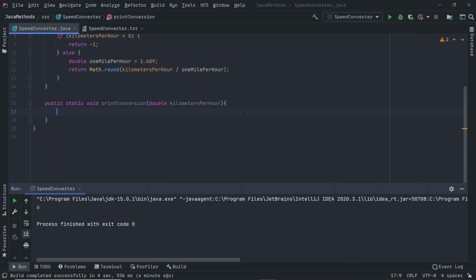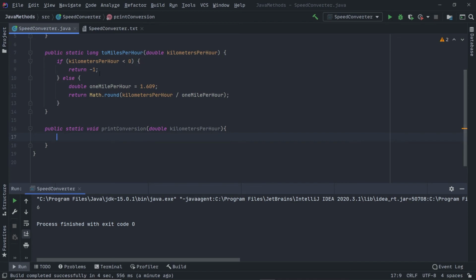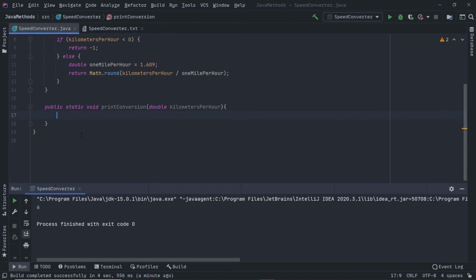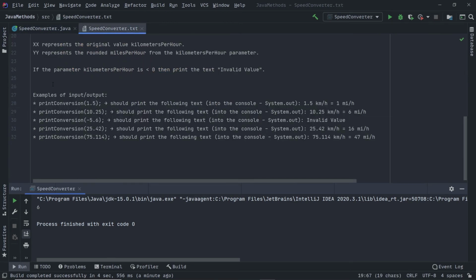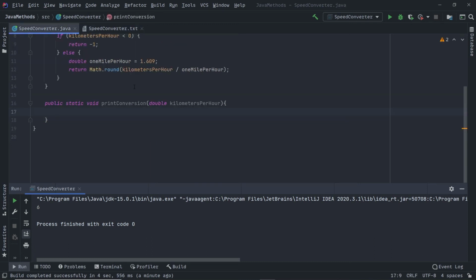So go here, after this one, in printConversion. So here again check for this first condition, right? Here also, if the parameter kilometersPerHour is less than 0, then print invalid value. So repeat the same if else condition here.